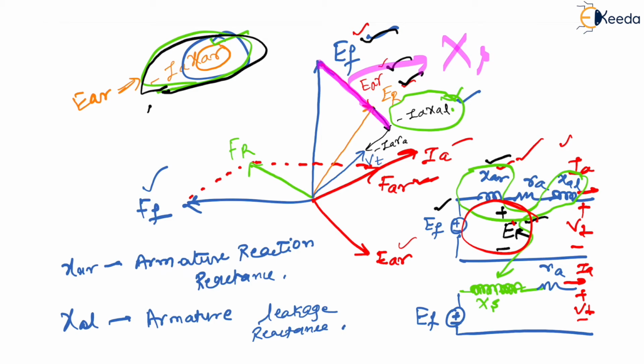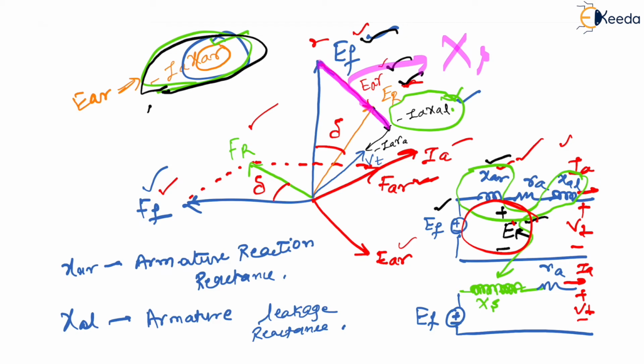Is that correct? Now, if you think of this angle, this FF and this FR, the angle is going to be delta. Is that correct? Yes, angle is delta. Now, if you check out the angle between EF and ER, what is that angle? EF and ER. If you see, it is going to be delta. Correct? We are seeing that because FF produces EF and this FR produces ER. Correct? That's what we are seeing.